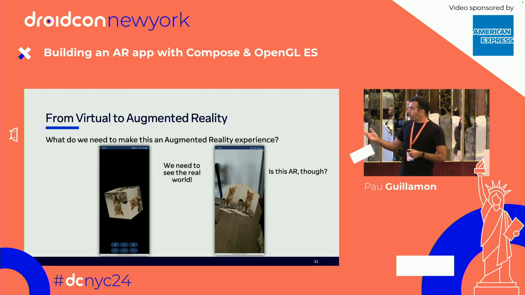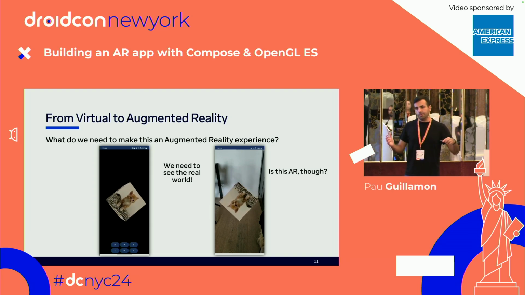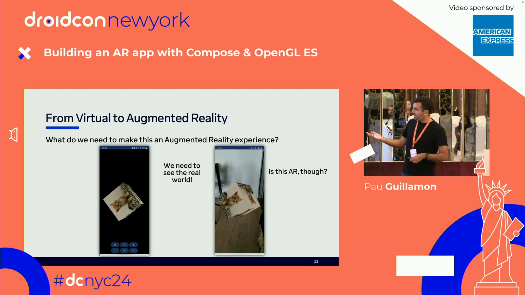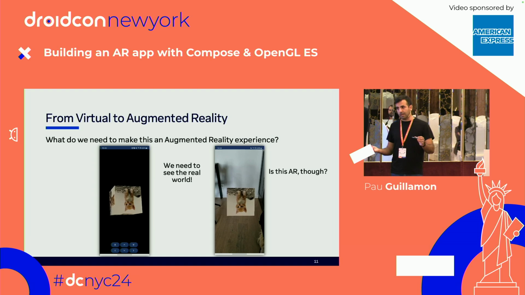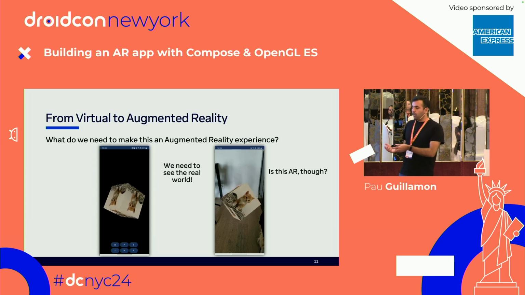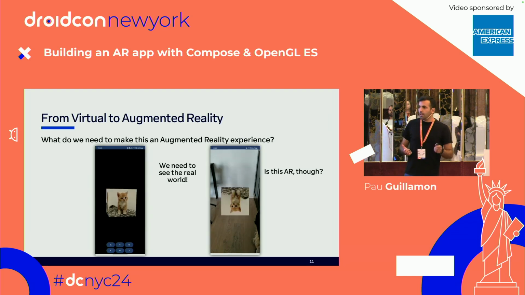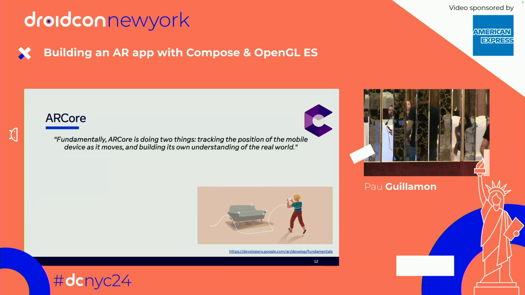On the left-hand side, we had those arrows, where I was able to control the virtual camera to navigate my virtual scene. On the right-hand side, I don't have those arrows. I cannot control the virtual camera. And adding those arrows there wouldn't make much sense anyway. So we need to find a way to navigate the virtual scene in the same way that the real-world device is moving. And that's where ARCore comes into play, because ARCore has two main responsibilities, which is tracking